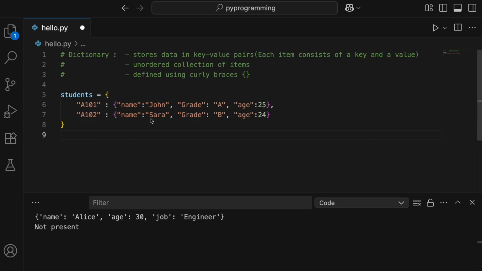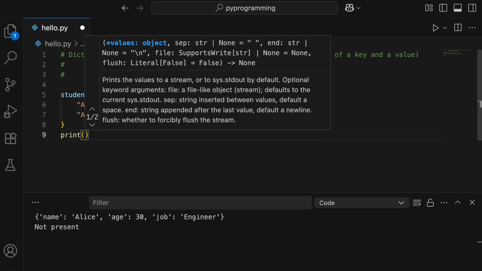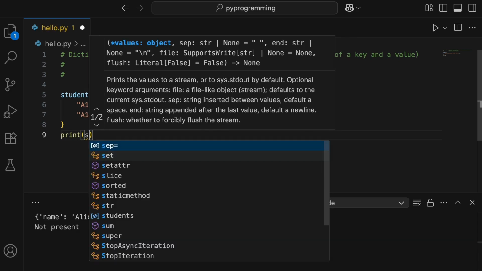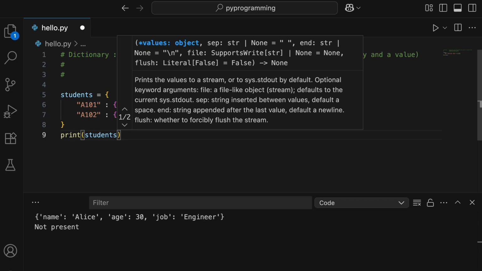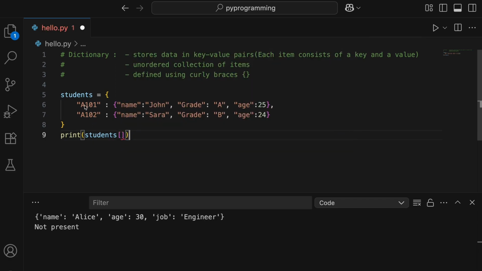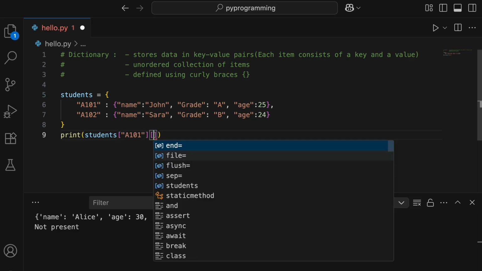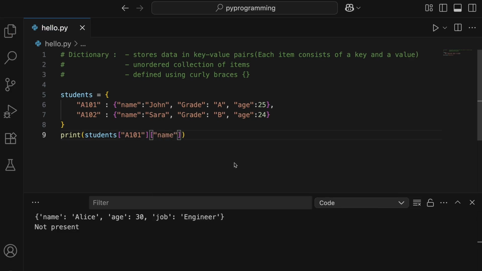While printing, let's say I only want to print the information about John. How would I do that? Let's write print. We would have to do it using the key, right? Let's mention the dictionary name first, the outer dictionary, so it is students, and then inside that we give the key, and John has the key A101. Let's copy this, and under double quotes we mention the first key. Let's say I only want to fetch the name from the first record. So I'll give another bracket, and here I'll type in name. Let's save and run this. We should get the output as John. So here it is. Basically, if it's a nested dictionary, you have to give the outer key and then the inner key if you want to access any specific element.